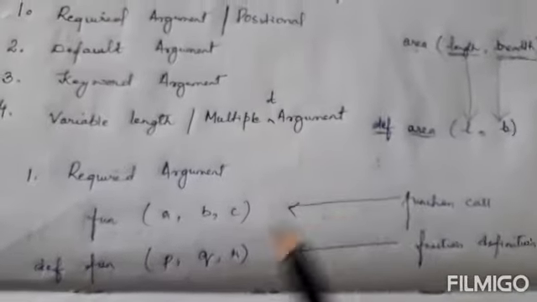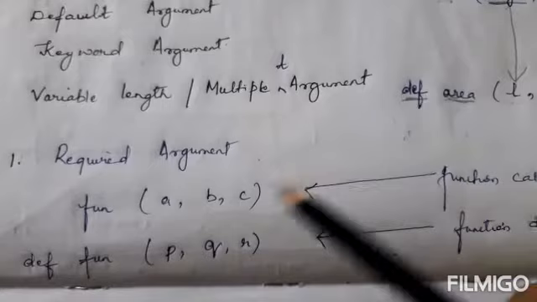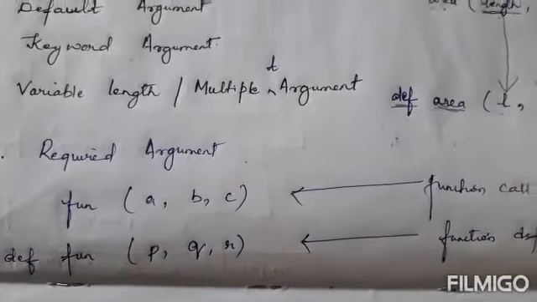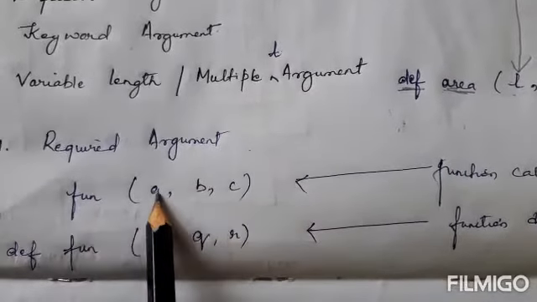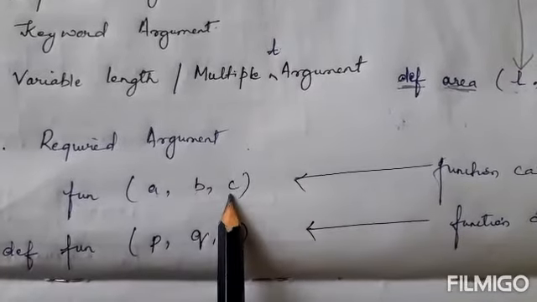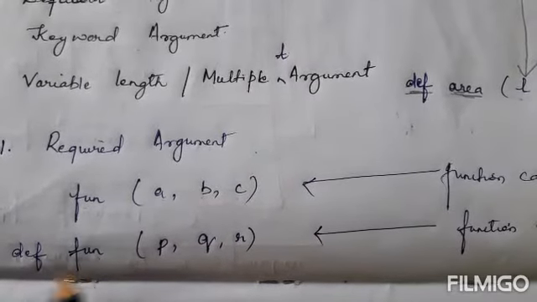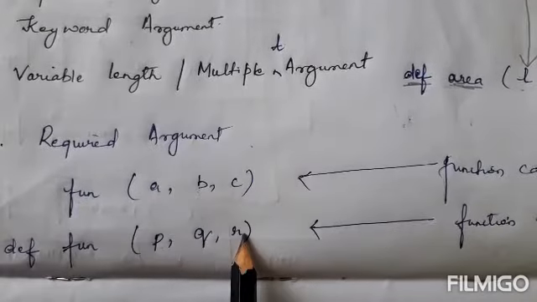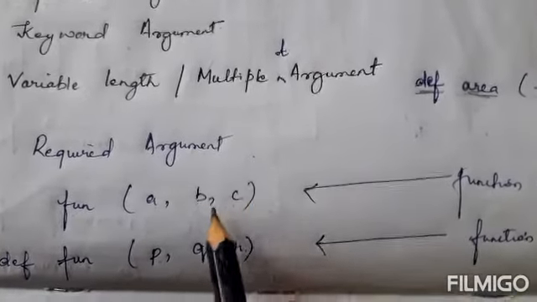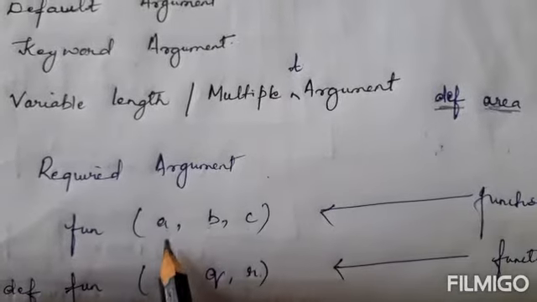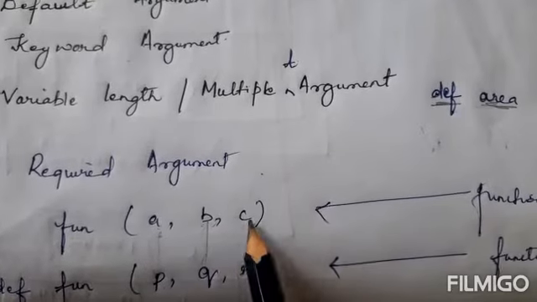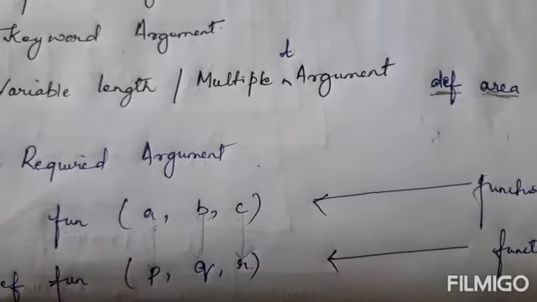So in the required argument, this is a simple example that I have taken. This is actually a very simple concept. In your function call, you pass some parameters, say for example a, b and c. And in your function definition, def means your function definition, you just have to receive those parameters. That's a simple concept. Whatever you pass from here, the a value will be assigned to p, a copy of b will be assigned to q, and a duplicate copy of c will be assigned to r.